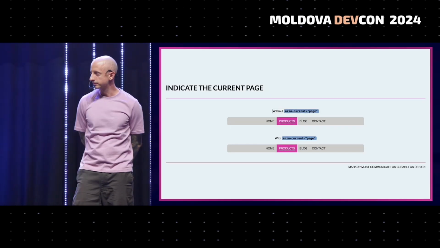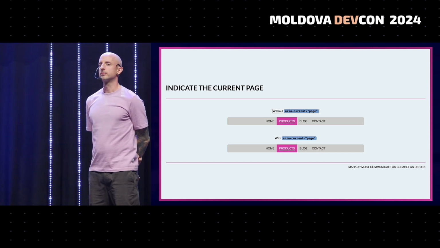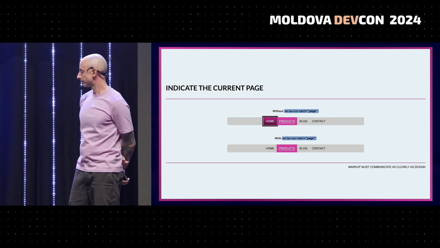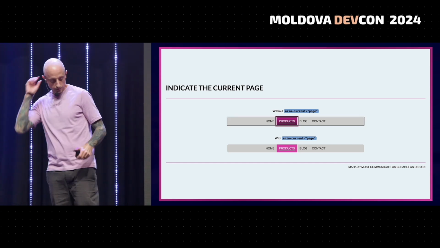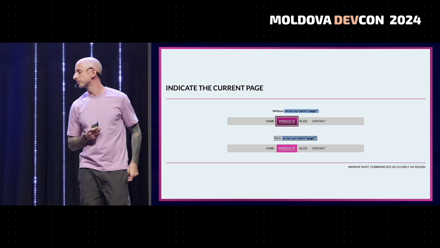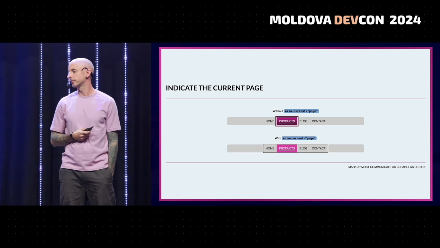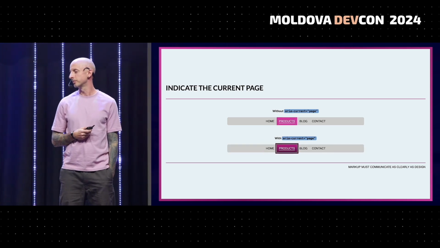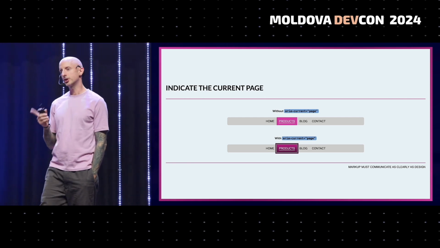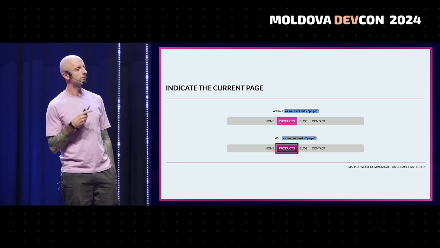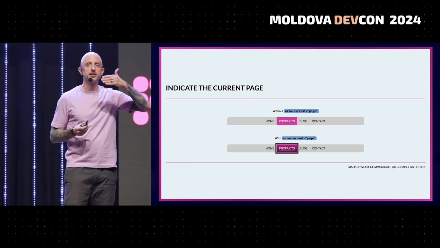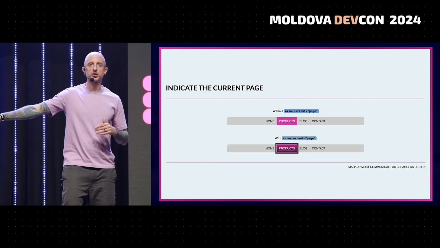Heading level 2, 2 items. Without ARIA current equals page. Navigation. List 4 items. Link. Home. Link. Products. Navigation. Heading level 2, 2 items. With ARIA current equals page. Navigation. List 4 items. Link. Home. Current page. Link. Products. 2 of 4. Current page, link, products. Now again, you close your eyes, you listen to that demo, you understand the context of